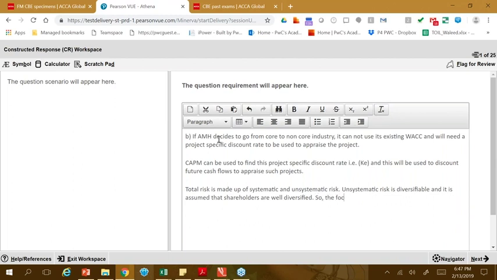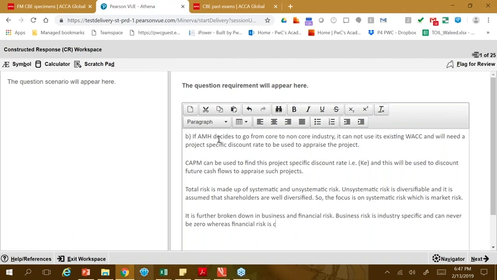So the focus is on systematic risk, which is market risk. It is further broken down into business and financial risk. Business risk is industry specific and can never be zero, whereas financial risk is company specific